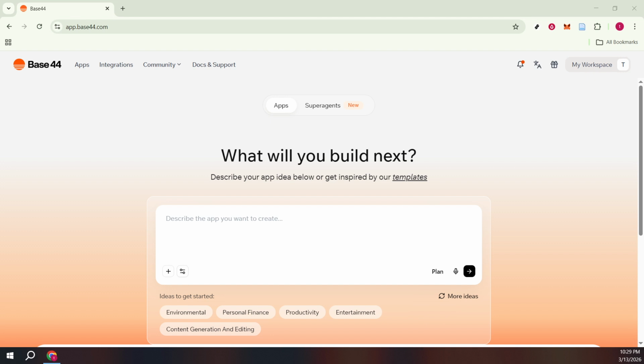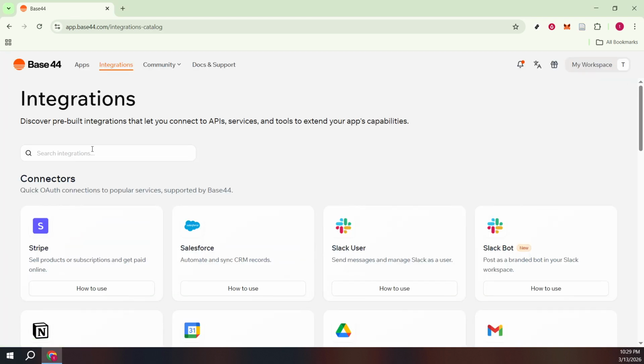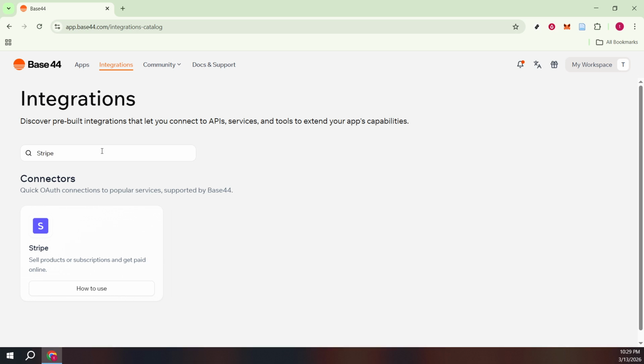If you don't immediately see what you need, don't worry. There's a built-in search to speed things up. In the search field, type Stripe. This filters the catalog and brings the Stripe tile to the top so you can focus on just that one option. Clicking into the Stripe entry gives you a quick snapshot of what the integration enables and where it fits